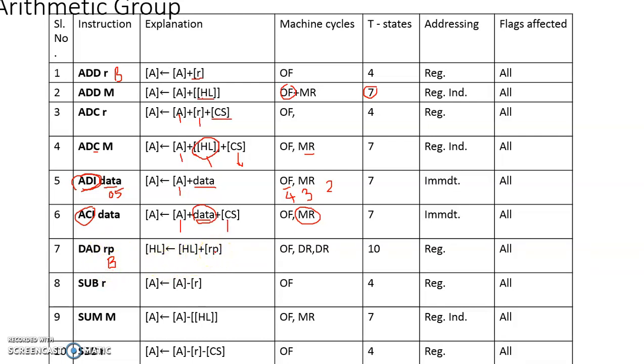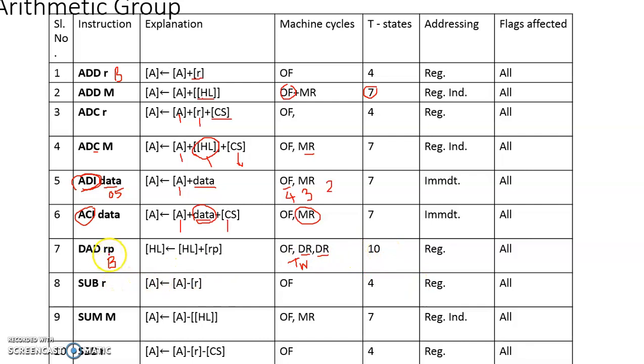That require some more expenditure of time. I have shown it here, data read. There is no question of such an operation. Rather than considering this as a machine cycle, we will have to consider that some more wait T states are being introduced by the processor in order that this complicated addition process is completed by the ALU of the processor. We can say that there is a total of 3 different machine cycles and that require a total of 4 plus 3 plus 3 equal to 10 consecutive T states.